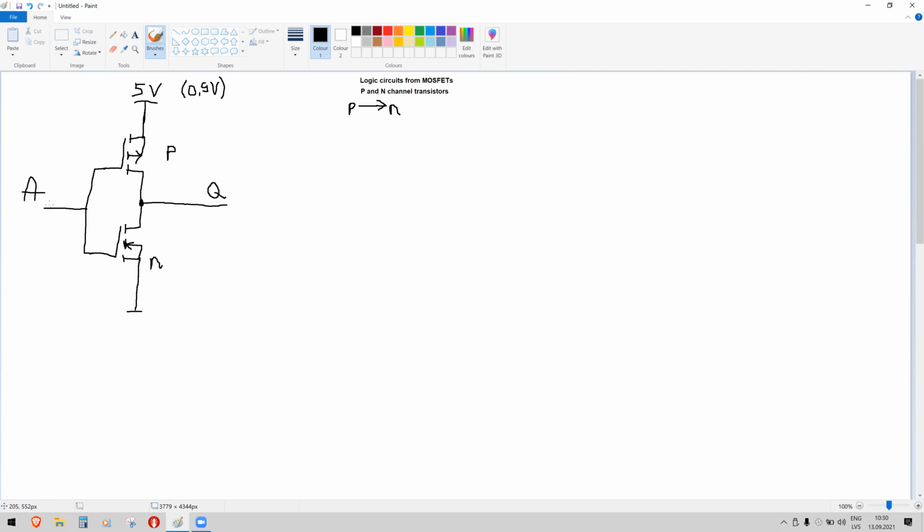For example, A can only be high, meaning connected to power supply, or low, meaning connected to ground. A can only be 0, which means 0 volts, or logical 1, high, which means power supply, often called